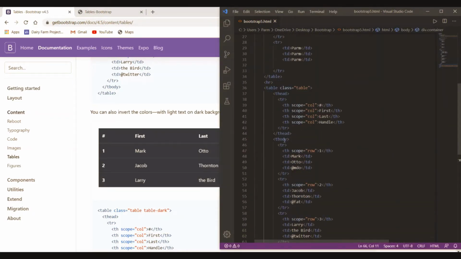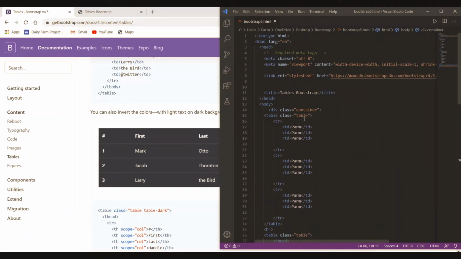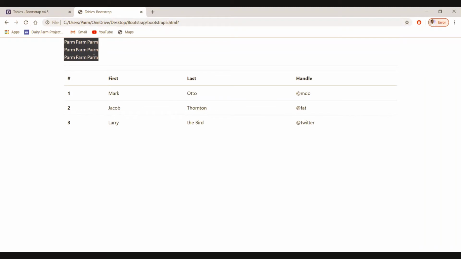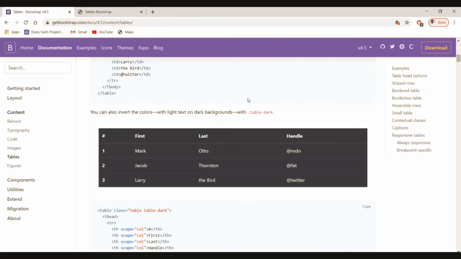Here we just apply this class to first case, then table-dark, save it here, and here we go, refresh. Look at this, it looks something like that. The background is different, and then the opposite color, that is white color, is applied to the text.